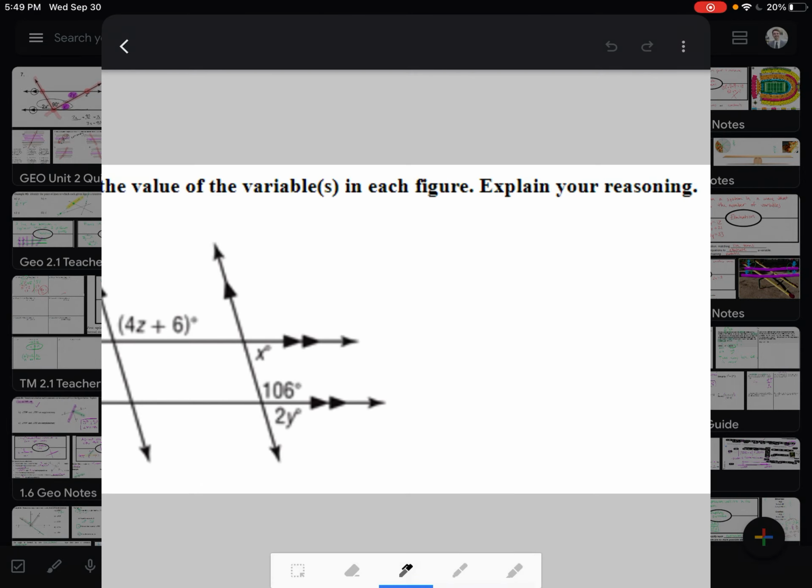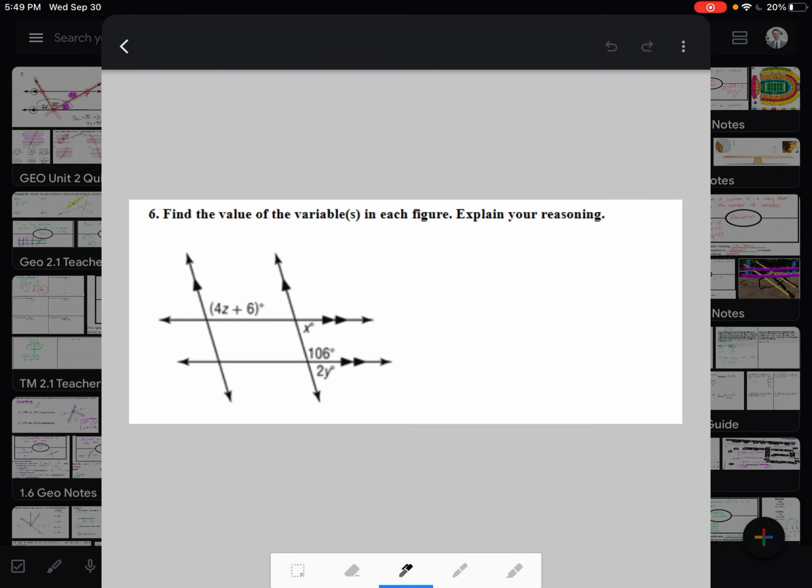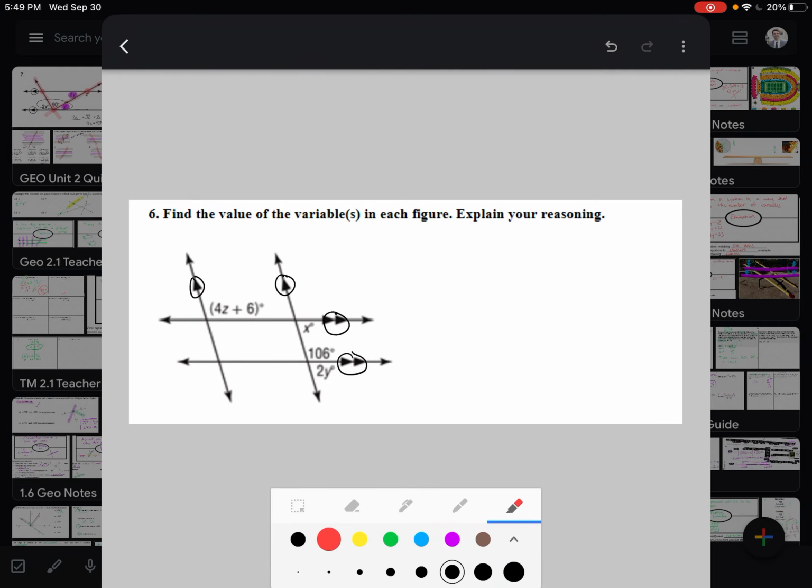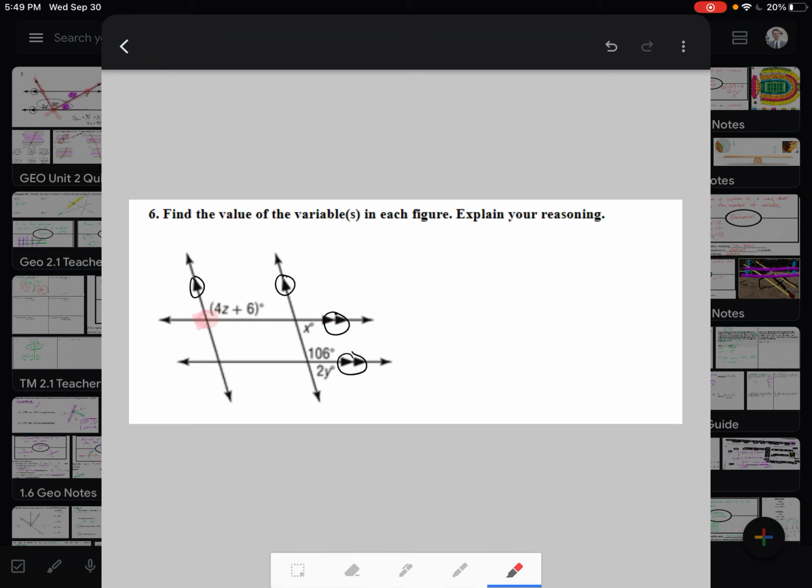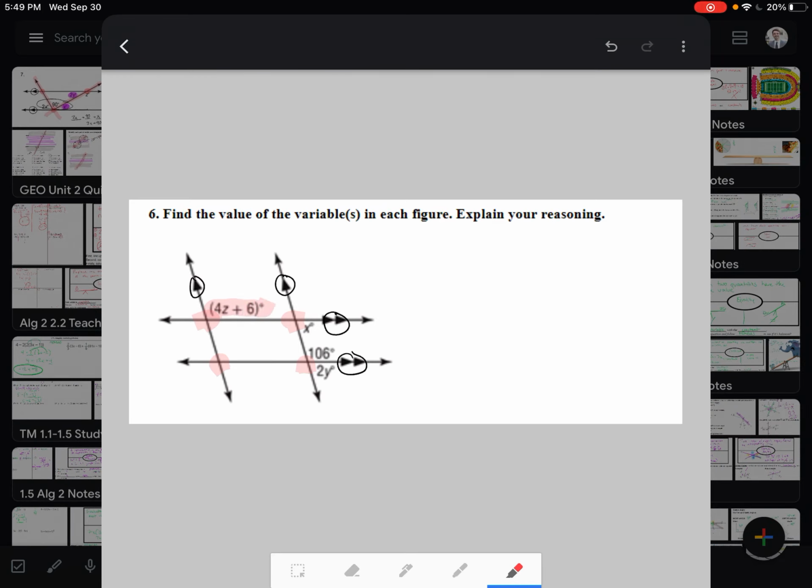All right, final question to look at and talk through before you have the opportunity to submit these and do some final studying. So 2 sets of parallel lines. So this means that they're parallel, and this means that this set is also parallel. And this is going to, again, help us out. So let's highlight our transversal. That's going to help us to get started. So basically all of these lines are transversals because we're seeing that they're intersecting in 2 different spaces. So we could highlight everything. But the idea is if we're looking at something like this, so 4z plus 6 and x, we're going to say that, so I'll call this like 1 and 2. If we look at these,